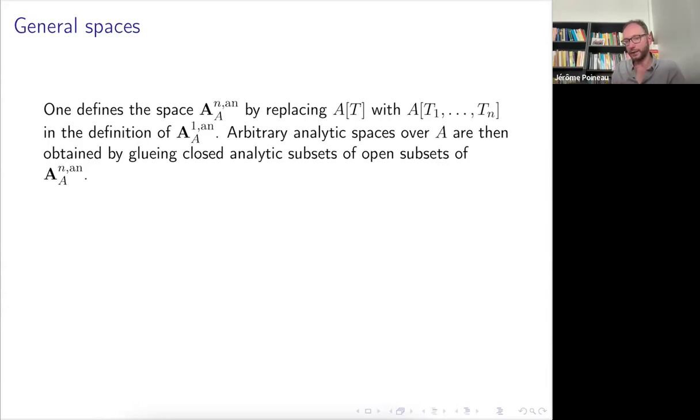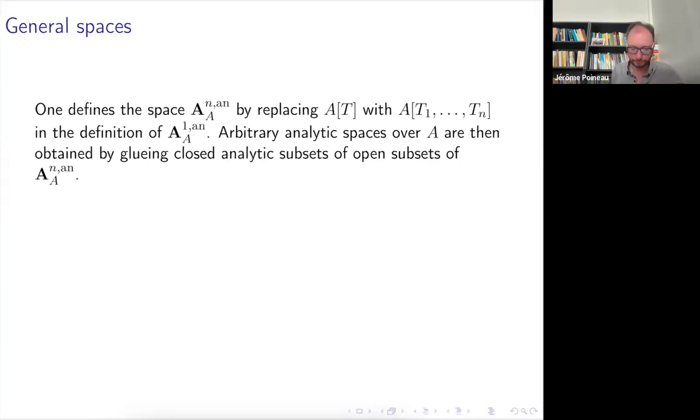Of course you can add n variables for any n if you wish, and you are then going to define the affine analytic space of dimension n, and then for arbitrary analytic spaces, you just consider open sets of affine space, analytic subsets of them, and glue everything the way you like. So it is just a very general theory, just as you define complex analytic spaces by first looking at C to the n, then open subsets, then closed analytic subsets, and do some gluing.